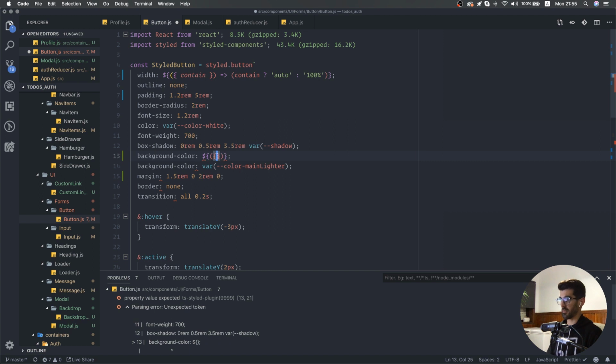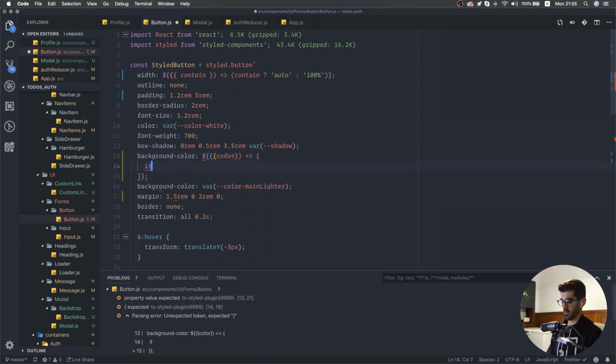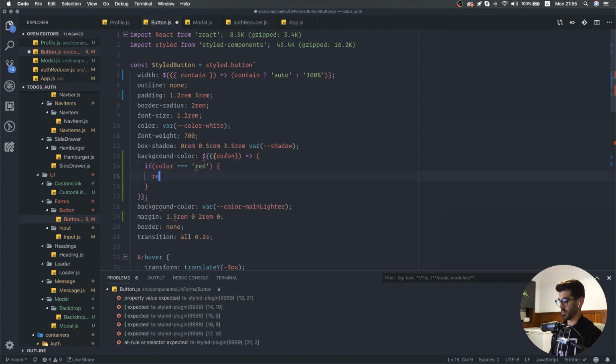We get a function with the color. Now we can say color. Let's actually make if color equals, so if color equals to red, then return